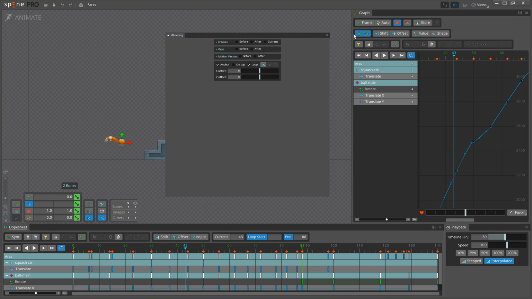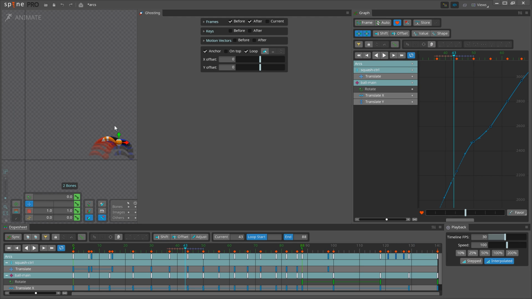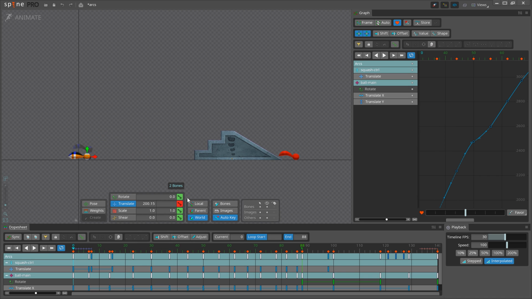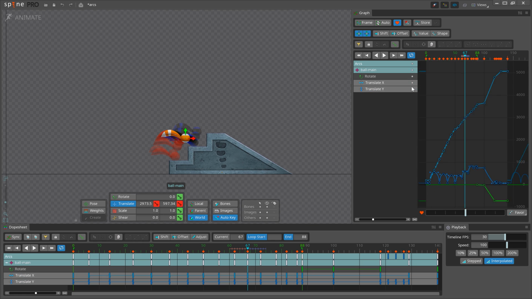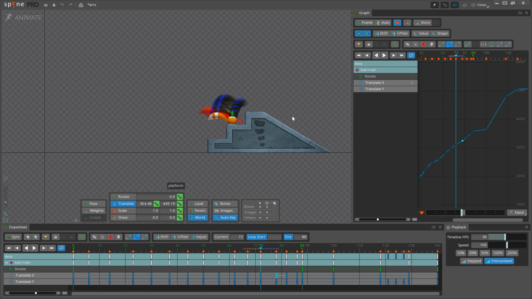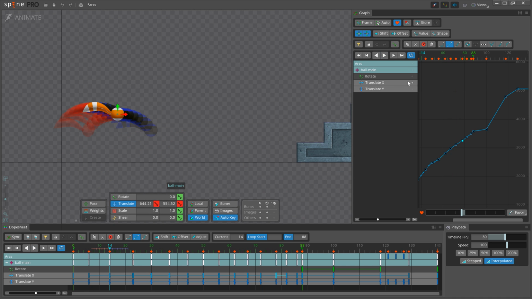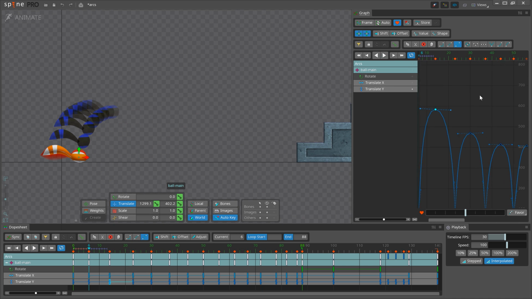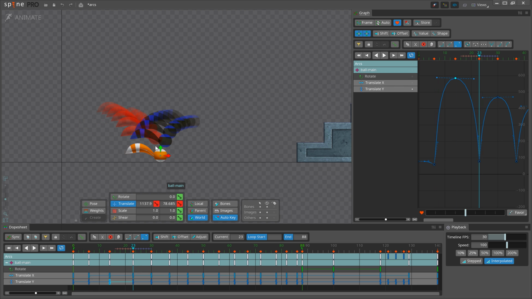Next, I use ghosting to ensure that the ball moves using smooth arcs. After I'm done with the movement of the ball, I add squash and stretch keys.